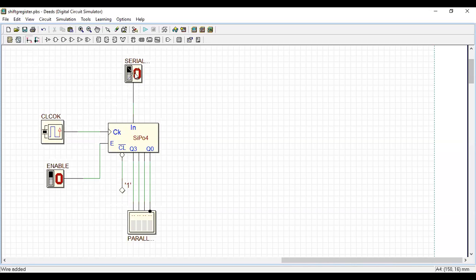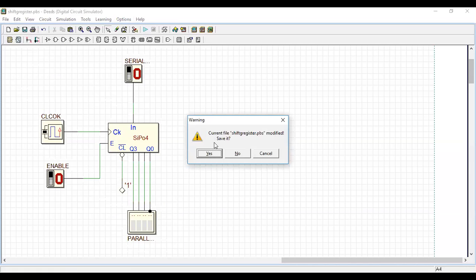But here I can apply the data only serially. So I can give the data one by one serially, but this output can move the data parallelly. All at a time it can move. So I'll start simulation.